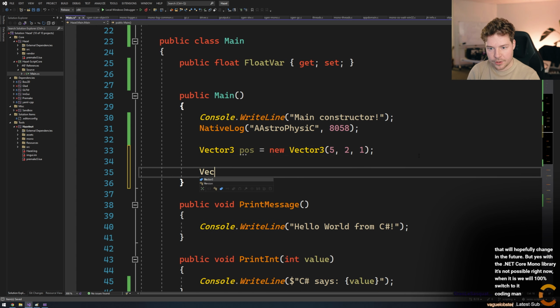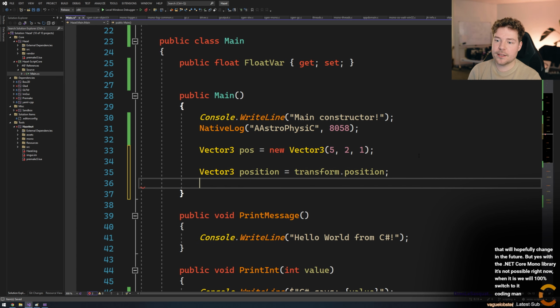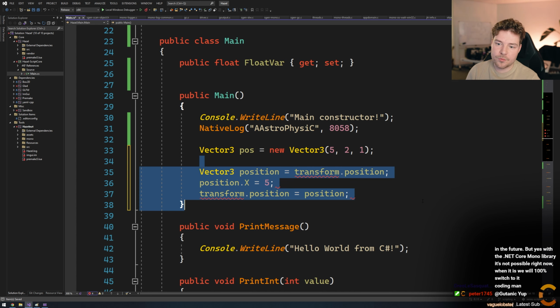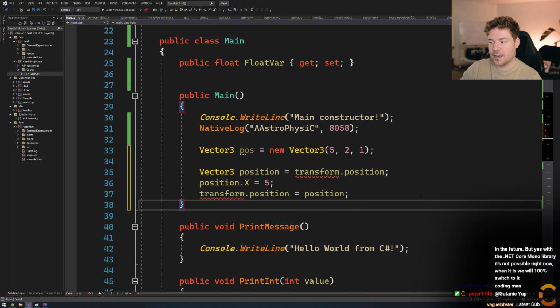That's why in Unity you might see a lot of position equals transform.position, and then you set position.x to something, and then you set that back. That's just because it's a value type and not a reference type, so you have to copy it, modify it, and set it back.